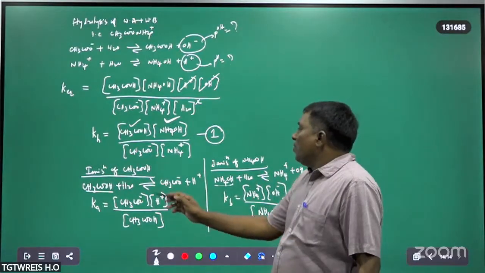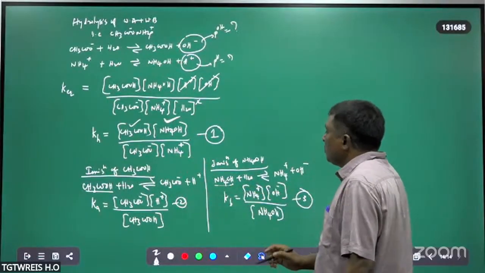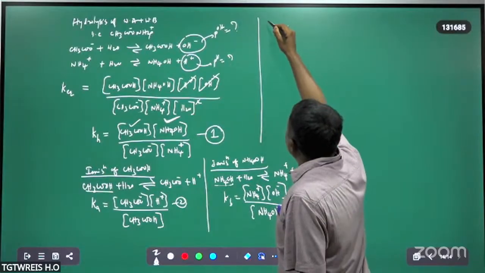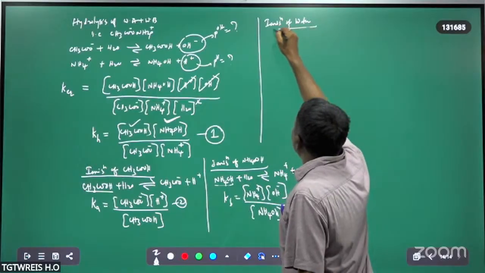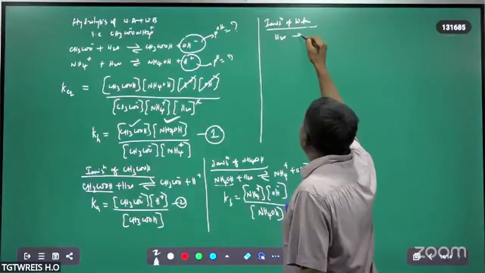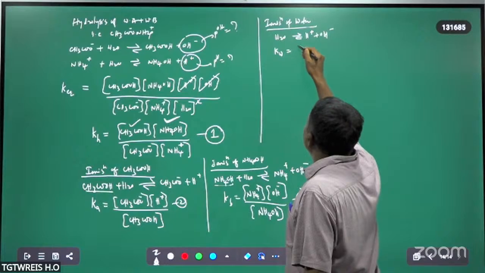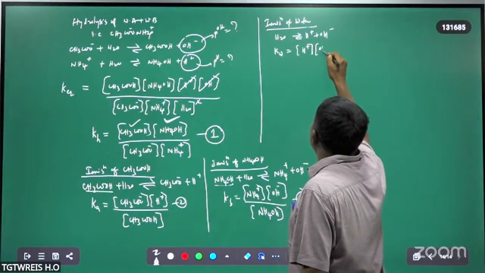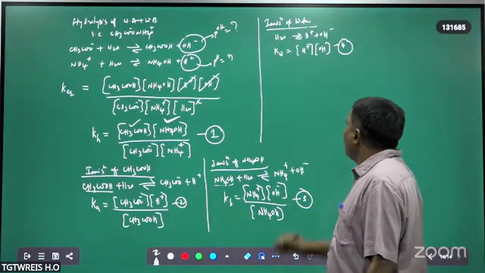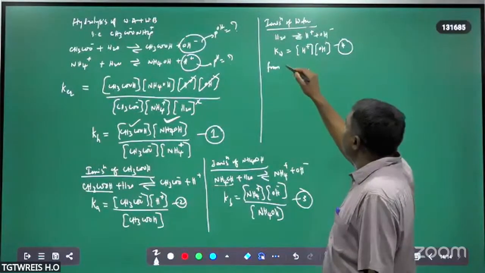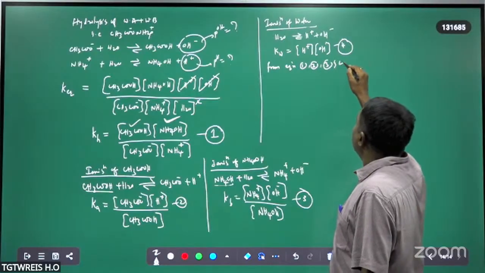And also in this we have what now? Acetic acid there, ammonium hydroxide there, and acetate anion, H+ for anions also there now. And again, ionization of water. So water ionized to H+ and OH-. Therefore, ionic product of water Kw is equal to what now? Square bracket H+ into square bracket OH-. This is equation number 4. From equations 1, 2, 3, and 4, we can write it as